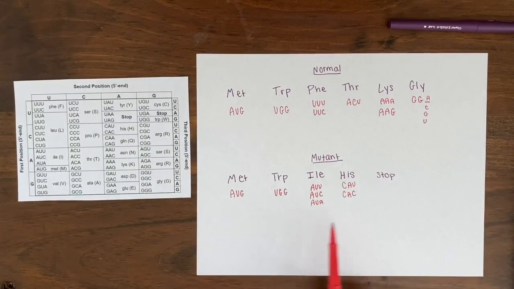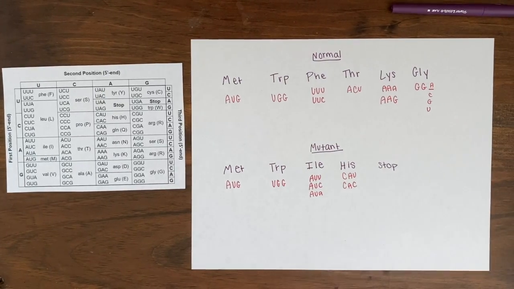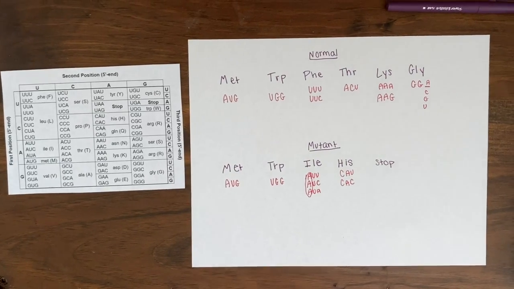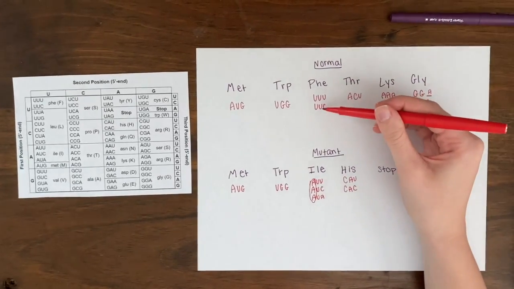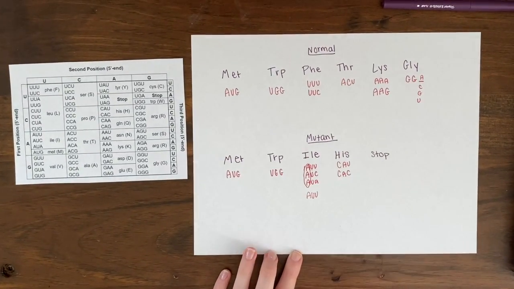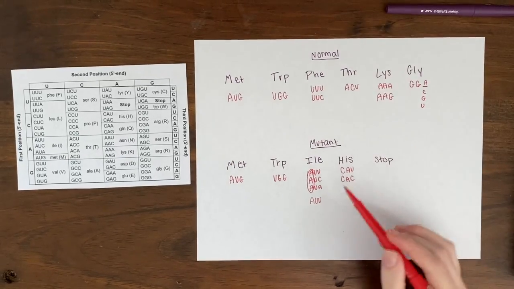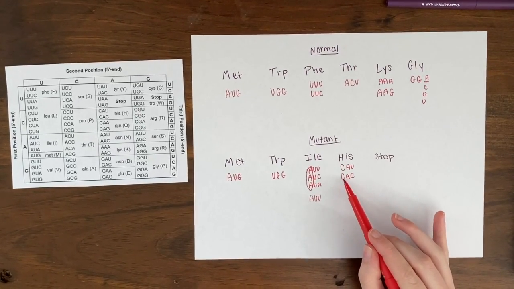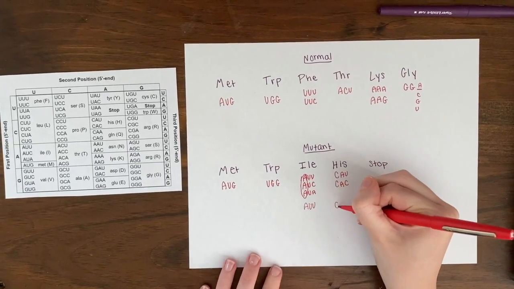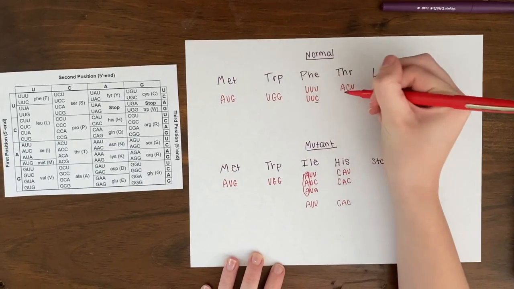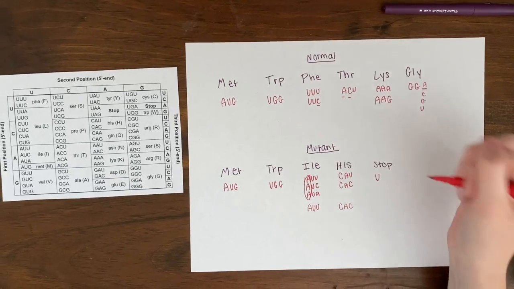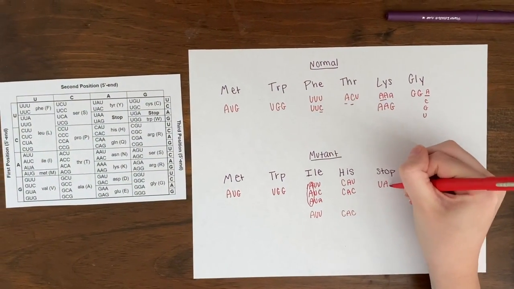So from the mRNA sequences we have, we can determine that there was an A insertion right here in the mutant strain. And because we have double U's right here, we know that this has to be AUU. And because the next one starts with a C here, we know that this has to be CAC, as seen right here. And then because the next one starts with a U and the double A's here, we know that that's going to be